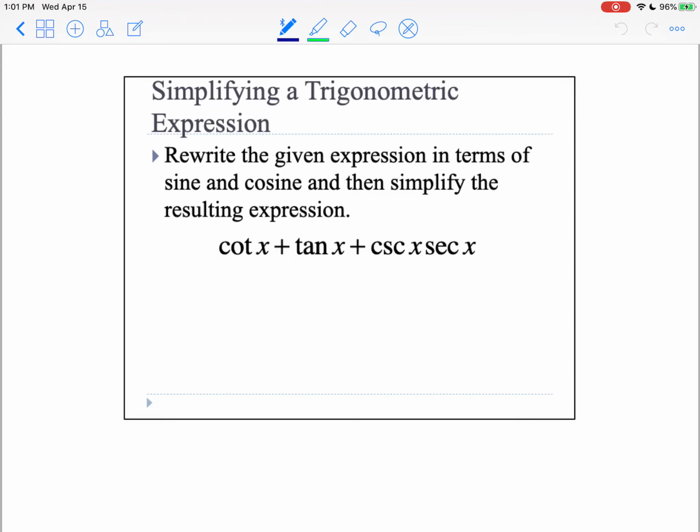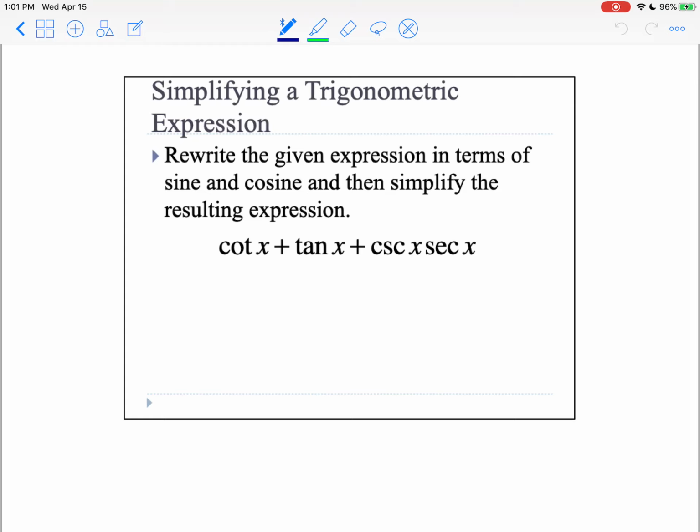Hey everybody, I'm back here. In this example, we're simplifying a trigonometric expression. This is one of the techniques that we're going to be using when we try to verify a trig identity. This is sort of the lead up to what we're going to do next. These trig identities will get more and more complicated as we go, and we'll talk about the strategies that we would use to